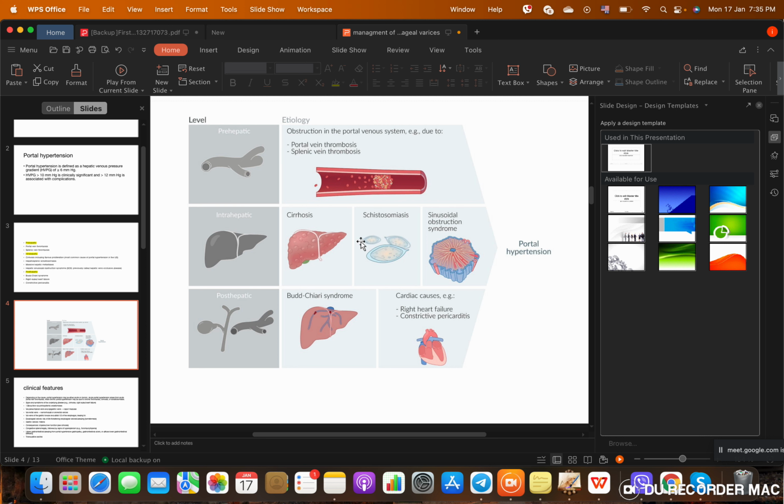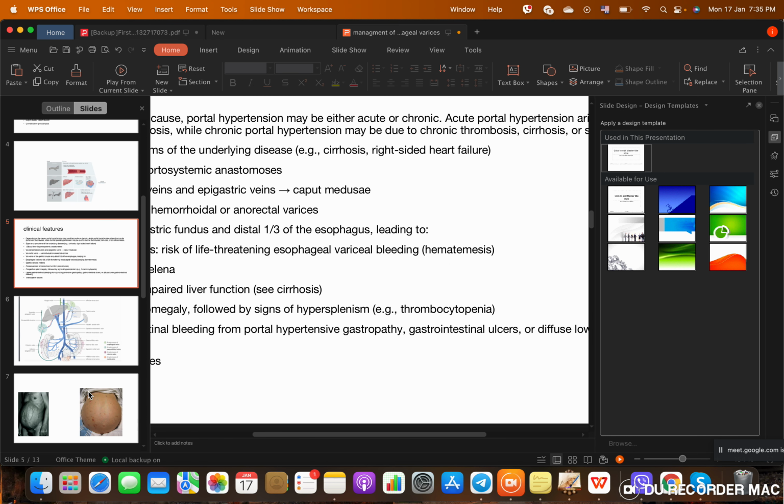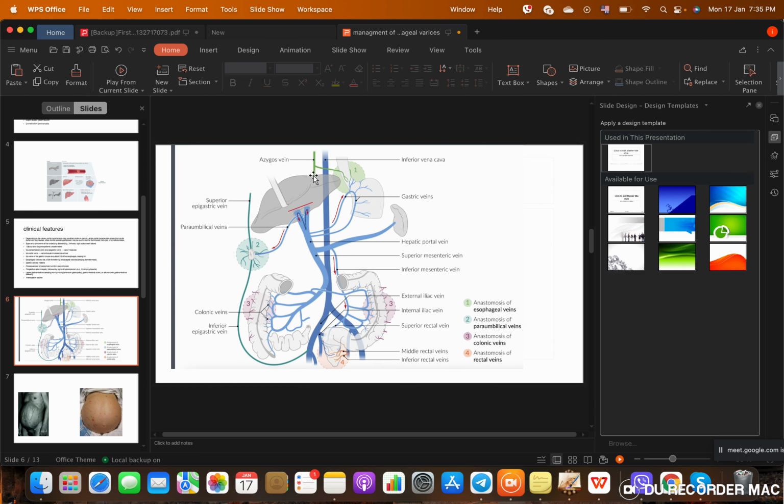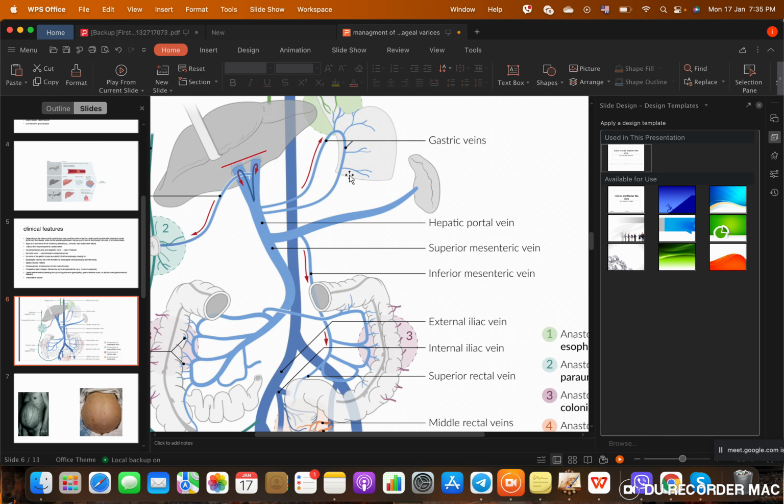Also, it can be cirrhosis of the liver, schistosomiasis, remember about this one, or also it can be due to Budd-Chiari syndrome. Anyway, this is not the important thing. The important thing is here. So you can see here the connection between the azygos vein and the what? And the gastric